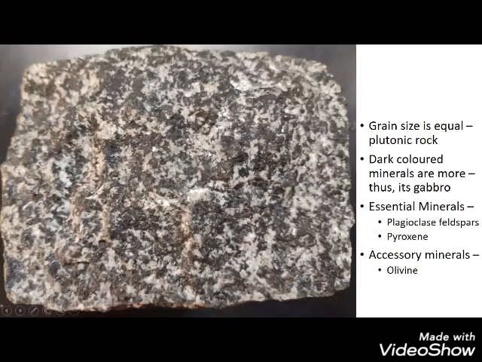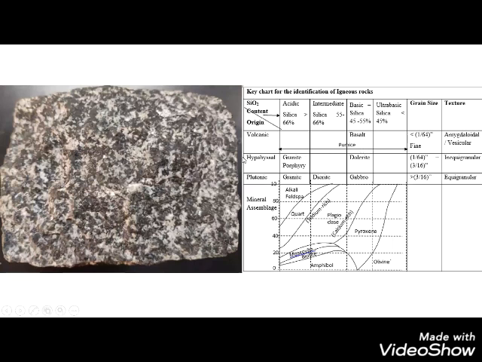The next rock, you can see the grains are clearly visible over here also. But as compared to the previous one, dark colored minerals are more. Correct? So let us go to the chart now. Dark colored minerals are more, and you can see that the grains are easily visible and more or less of the same size. So this is also of equigranular texture. So dark colored minerals and equigranular texture means it could be gabbro or diorite. It is actually gabbro. Diorite I don't give you because we don't have this sample in our laboratory. Don't worry about it.